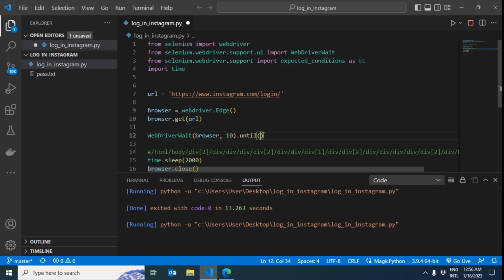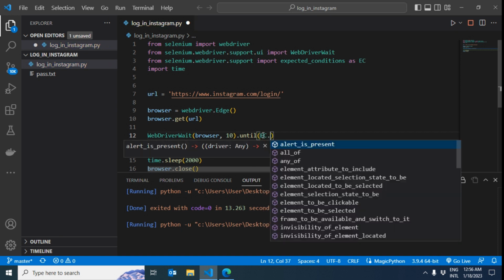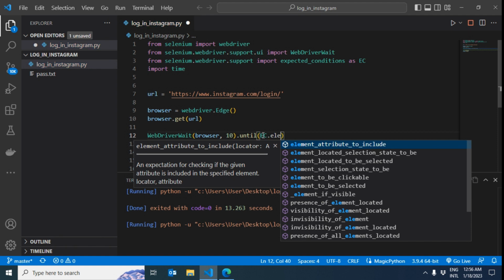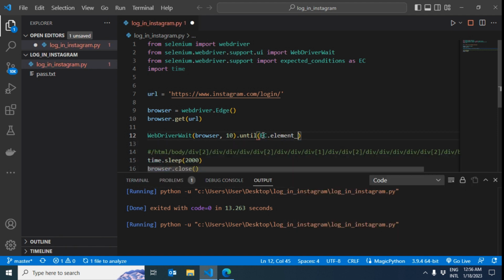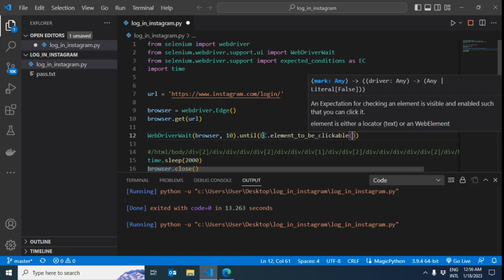So we want to wait until the expected condition is met, element to be clickable. And then we want first to identify the object that we want to click. So here